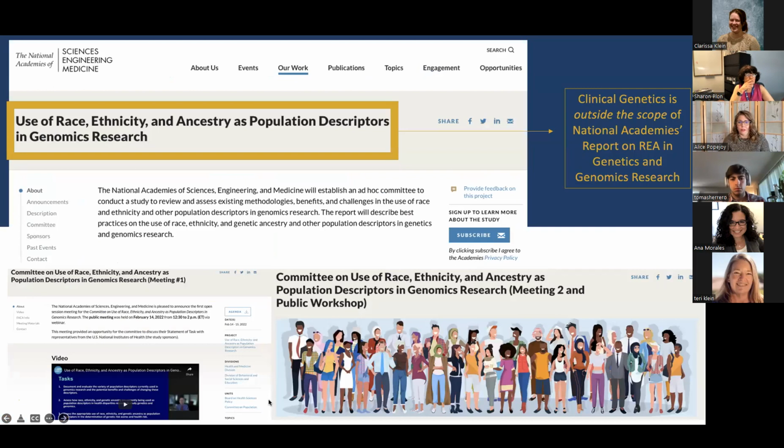And as hopefully everybody knows as well, the National Academies just completed and released their report on the use of population descriptors in genetics research. But from the beginning, when Vince Bonham from NIH came and presented to the Institute and Diversity Working Group leadership before this was officially announced, he made it clear to us that the scope was really limited to genetics and genomics research, that the report could be used and applied in other realms, but that they weren't going to really touch on clinical genetics. And so there was still a space for us to continue our work, trying to build the evidence base to motivate